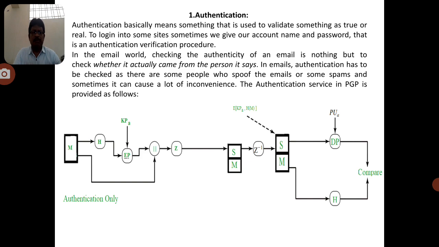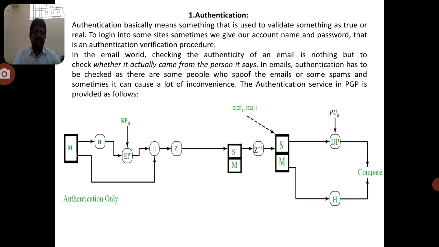And the next one is the public key encryption with the private key of the user A. So then that message is encrypted. Since it is a private key, that's why it is the authenticated message. Now the third one, we combine these three and finally we apply the Z algorithm, that is the ZIP compression algorithm. Finally we derive the two messages, one is S and one is M. Whatever method is applied last in the encryption is the starting method of the decryption. The last method applied in the encryption is Z.